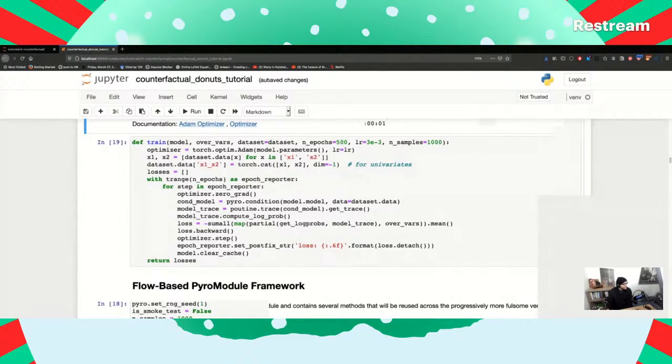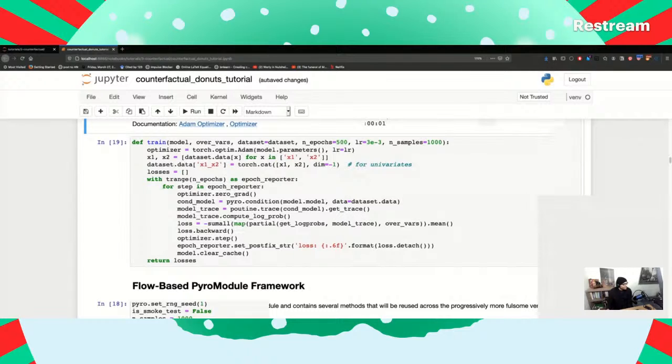Get the trace. Compute the log probability. So that's what he means by Pyro modules, I suppose. Then we're going to calculate the loss as what? Okay, so this is some kind of method that calculates something. And then we're going to take that model trace. We're going to get the log probabilities.